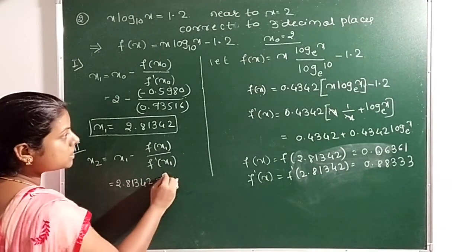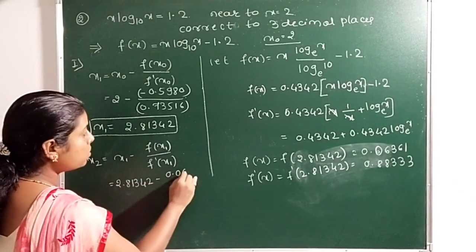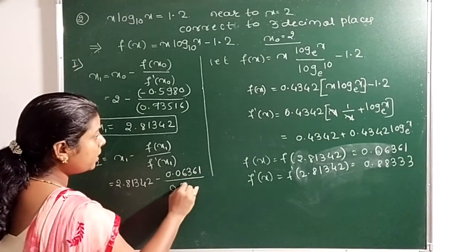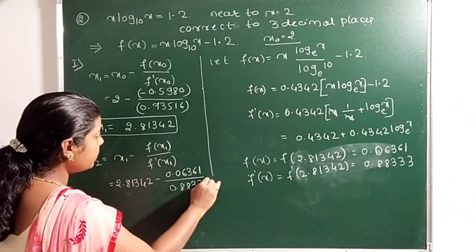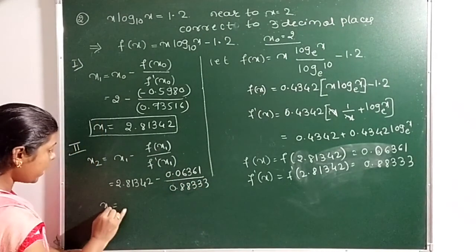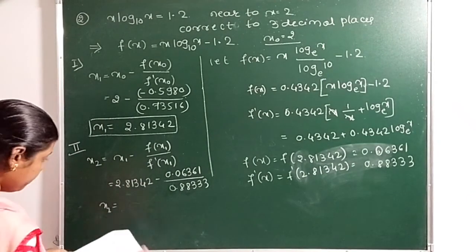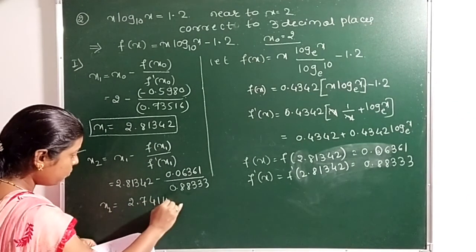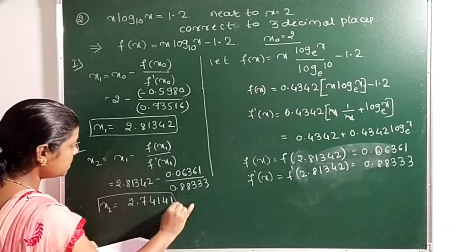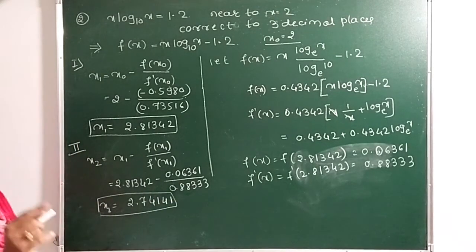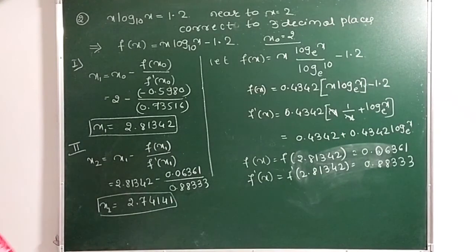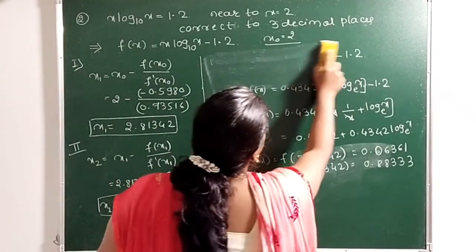2.81342 minus 0.06361 divided by 0.88333. Now x2 value becomes, simplify this one, you will get 2.74141. This is the x2 value. Similarly, you have to make it for the x3 and x4. If you get the x3,